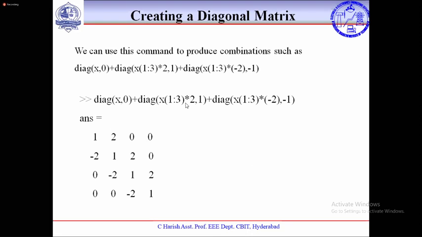Here, this is what we are going to have. And we are going to do this one, 1, 1, 1, 1, log diagonal. Here, 1:3 means it is only 1/3, and into 2 it is going to be the upper one. The lower one is going to be -2. Okay, very simple question. In examination, the questions will be like this one. 2 marks question will be like this. You should be able to answer.